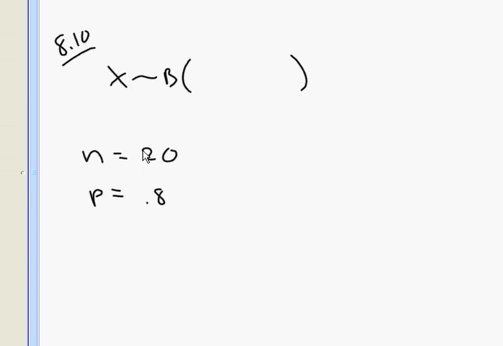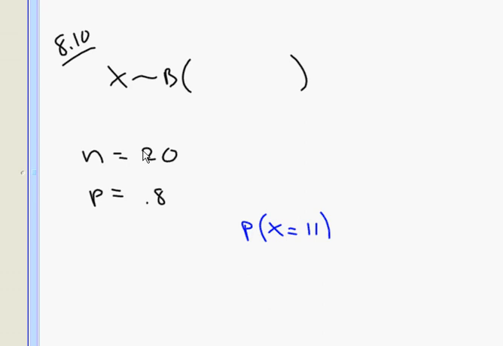An investigation examines the fate of all 20 players who entered the program over a period of several years that ended a few years ago. Of these players, 11 graduated, and the remaining 9 are no longer in school. Remember, the university claimed 80% of their players graduate, but in this example, only 11 graduated out of the 20. So the first question we're going to ask is, what's the probability that x equals 11